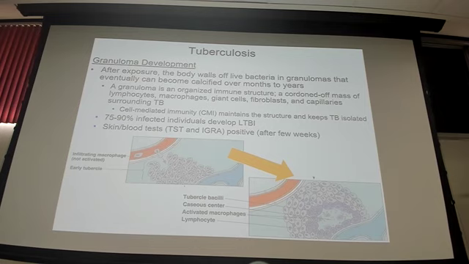This particular species, Mycobacterium tuberculosis, not the other mycobacterial species, has evolved to slow down its metabolism. It doesn't divide very much, it doesn't transcribe a lot of genes, it's not transcription active. So they go into this quiescent, dormant state in the granulomas, and that's how they can survive for all that time period. Yeah, John, sorry.